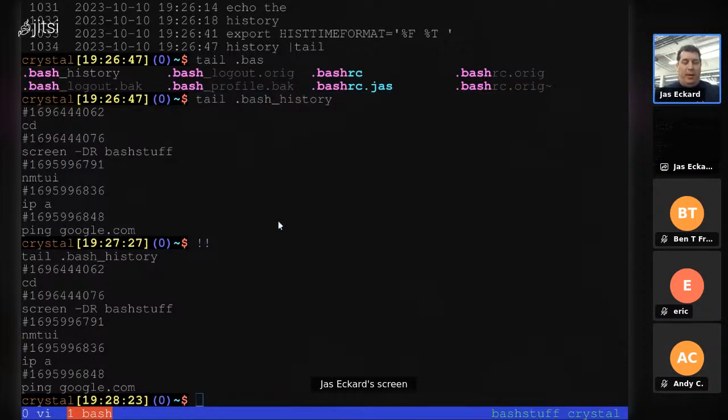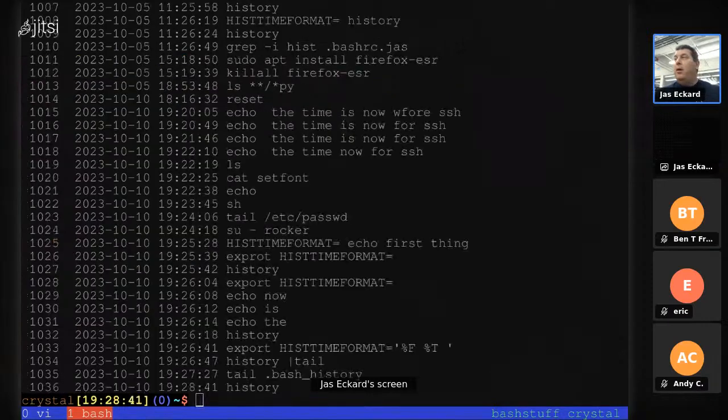It's sort of superseded or replaced by the up arrow. I just hit the up arrow, then enter. So history is multiple things. It's the up arrow, which is what I'm doing here. There's bang bang, which is just the last one. You see that I've got the numbers at the beginning here, so I can do a bang on